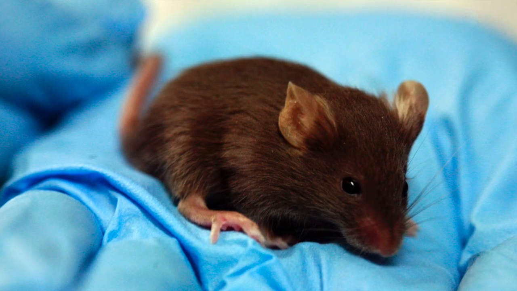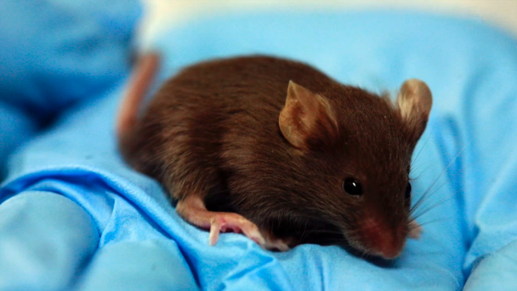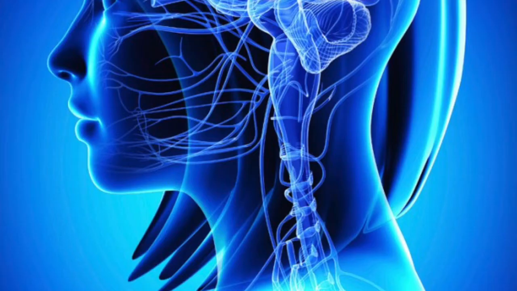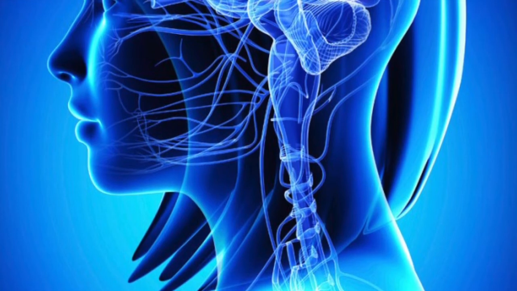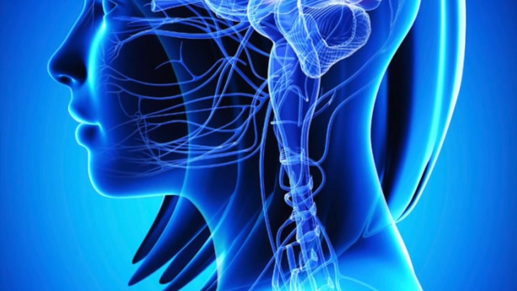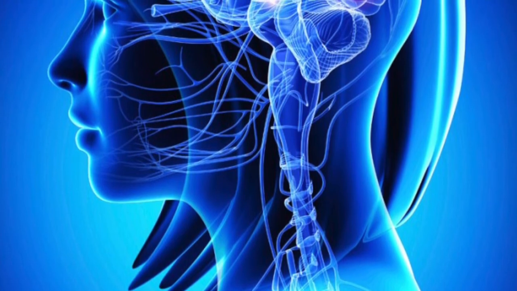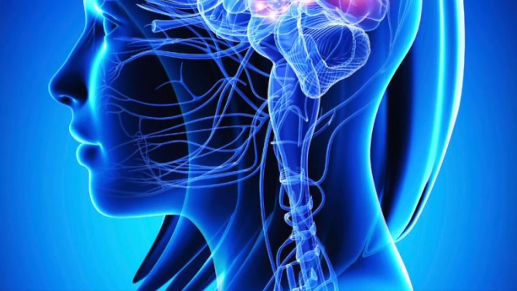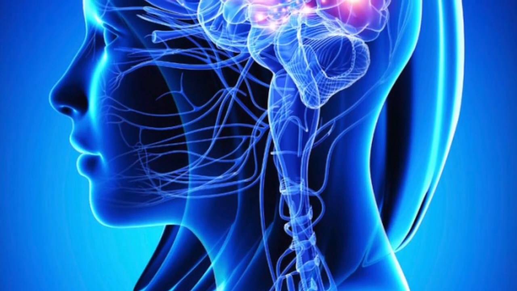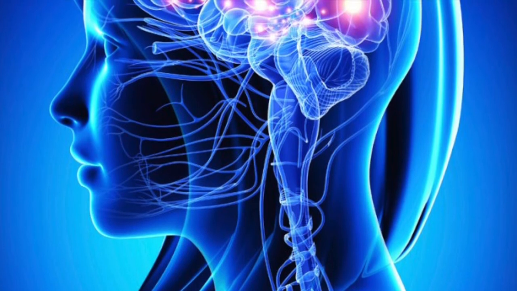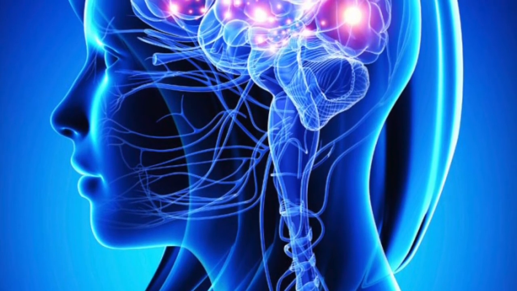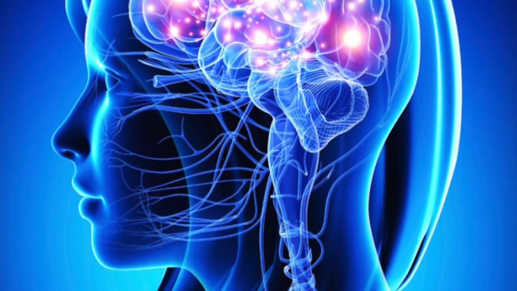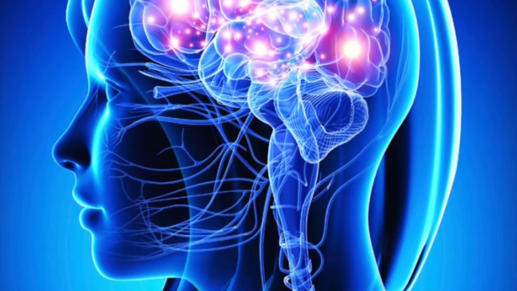We already know it's possible to print a mouse heart and to use human skin cells to create liver cells. This means that in theory, you should be able to grow any organ from any one of our cells, and this raises the question of whether it will even be possible to download your own memories and upload them to a new body. This, of course, then leads to a lot of questions from an ethical, moral and political point of view. We already know that humans today take in as much information every day as people that lived 100 years ago did in a lifetime.